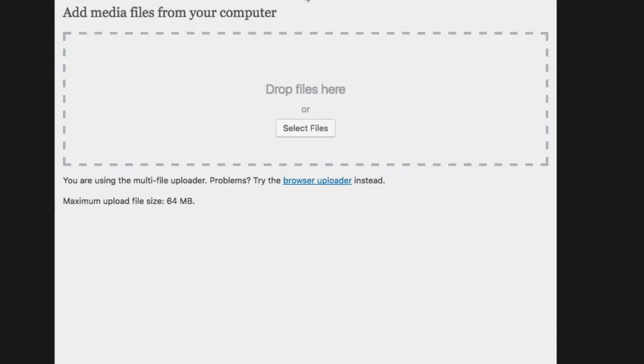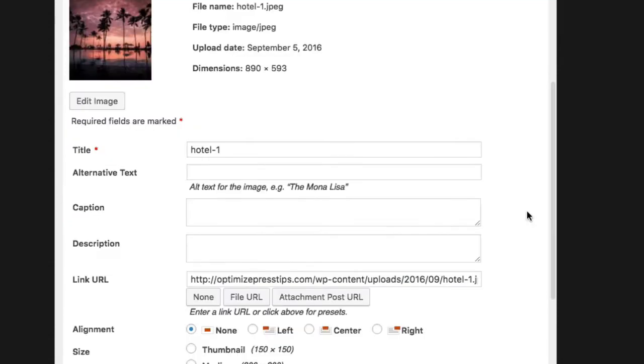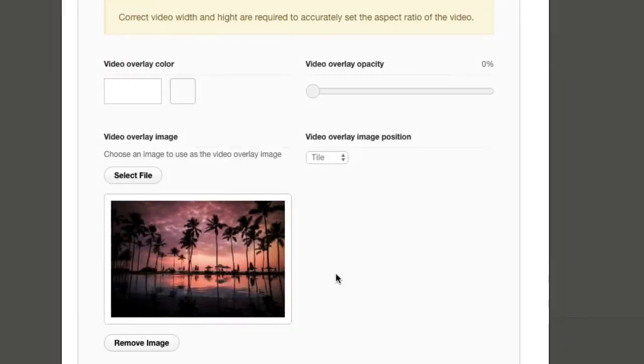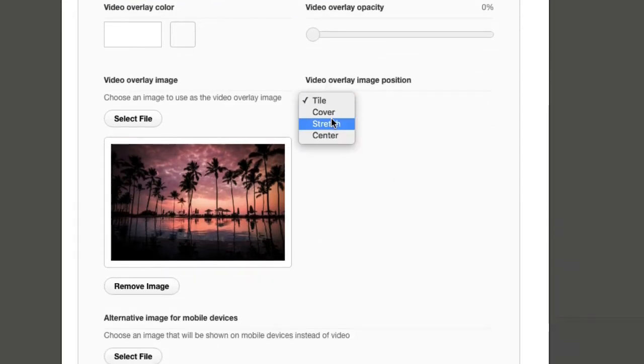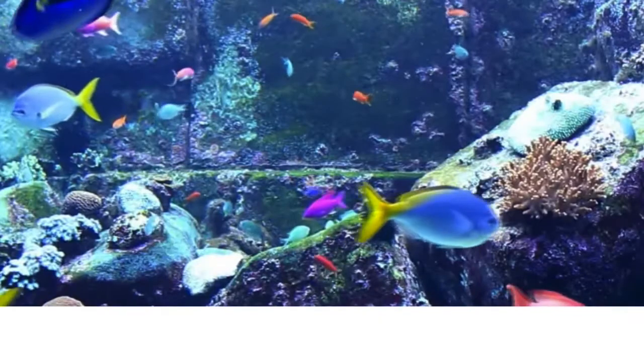What I'll do is I'll show you with an example image here. Let's just go into my media library, and I'm just going to pull up this image. It's not very big, so I'll set this to stretch, so it's going to stretch the entire width. You also have tile, cover and center, so I'm going to choose stretch because the image is not as big as this screen size. And with the video overlay, if I set it to 0, you're not going to really see that image. If I just increase it a little bit, it'll be slightly visible in the background. So let's click update, and then we'll save and close, reload this page,